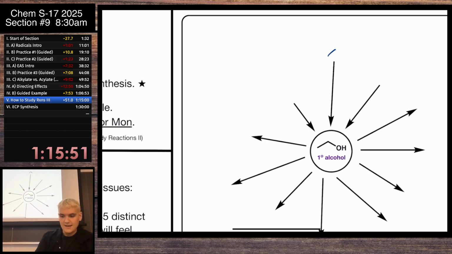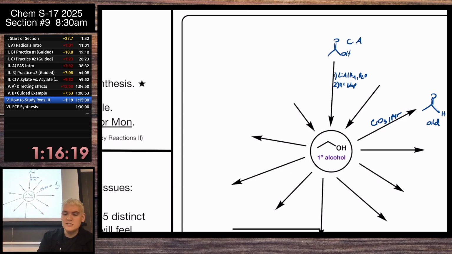The carboxylic acid, great. And we do lithium aluminum hydride. What else? Come on, y'all. Something with CrO3 pyridine. So that's going to take alcohols to do something else. So if we do CrO3 with pyridine, what does that turn this into? With pyridine, aldehyde. And I also think it's good to label your functional groups here